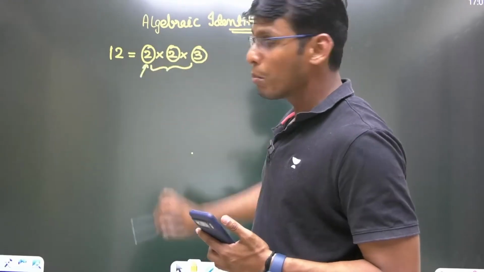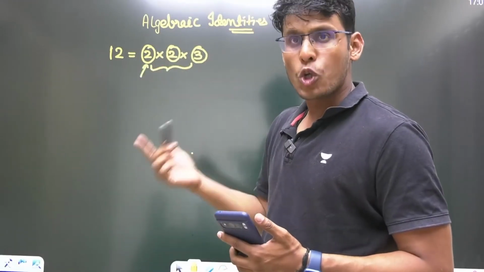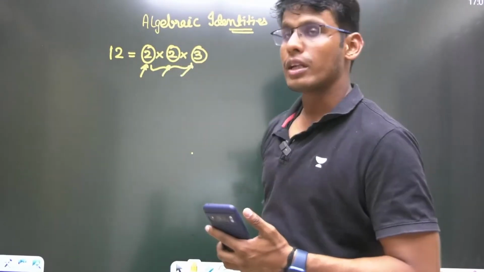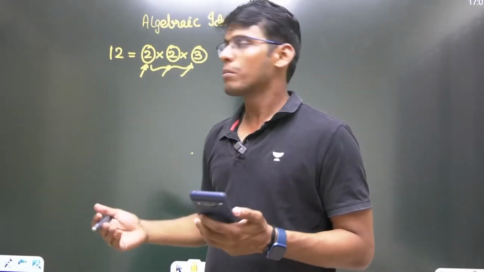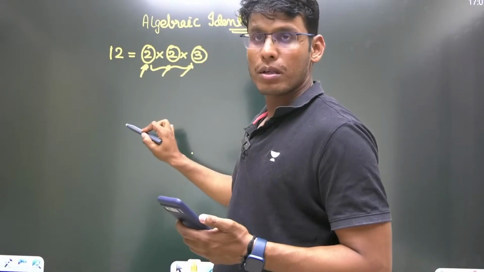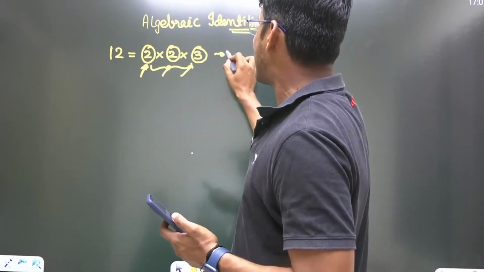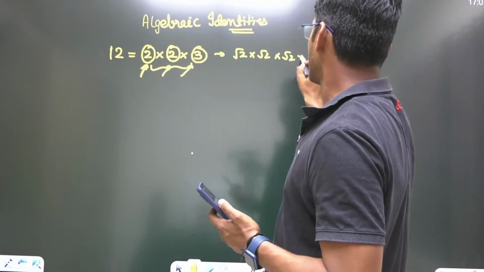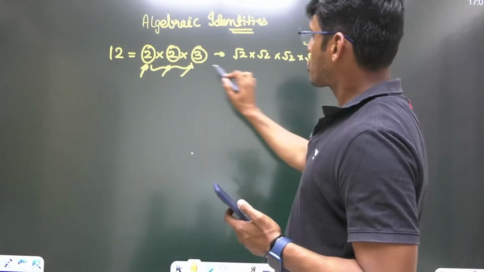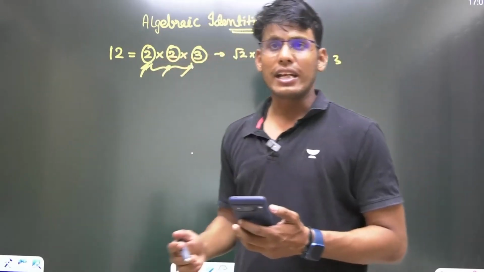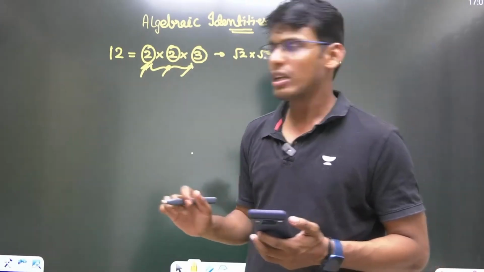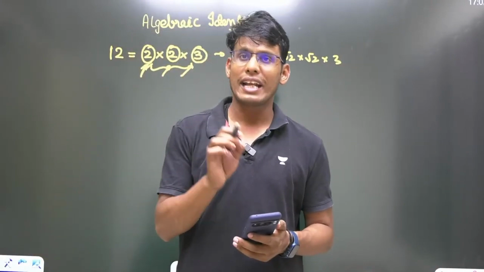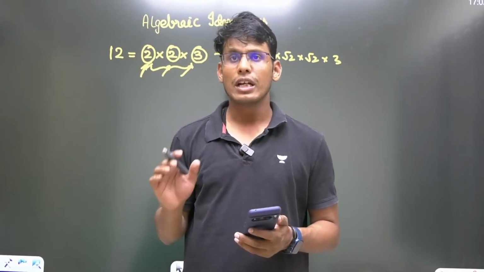And in numbers we stop when there is a prime number. So we are stuck at prime number. You do not write it as root 2 into root 2 into root 2 into root 2 into 3. You stop here. So basically, at a basic level, algebraic identities will be used to factorize the expressions till the